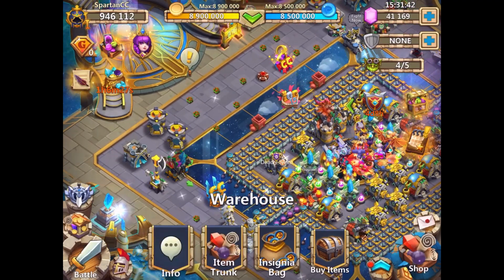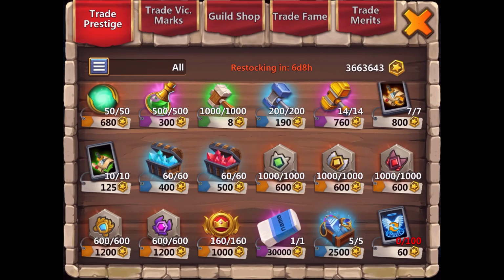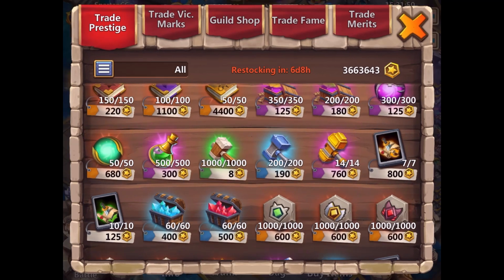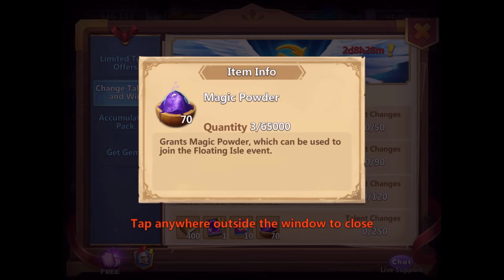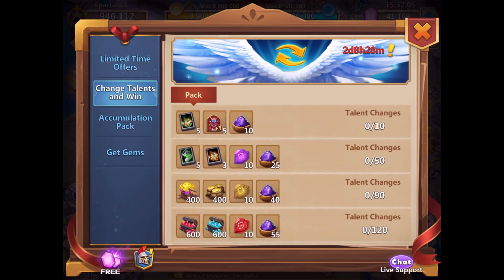You really want to take advantage of these shops, especially this prestige shop, because it restocks. Always buy the 100 of those refresh cards, because they're really cheap. For example, today they have change talents and win. If you change 250 talents total, you can get a bunch of rewards, which I will also do later. Not in this video, but I have a video on that. It's pretty good rewards. I just used 100 of those cards, and I have 150 of the boxes